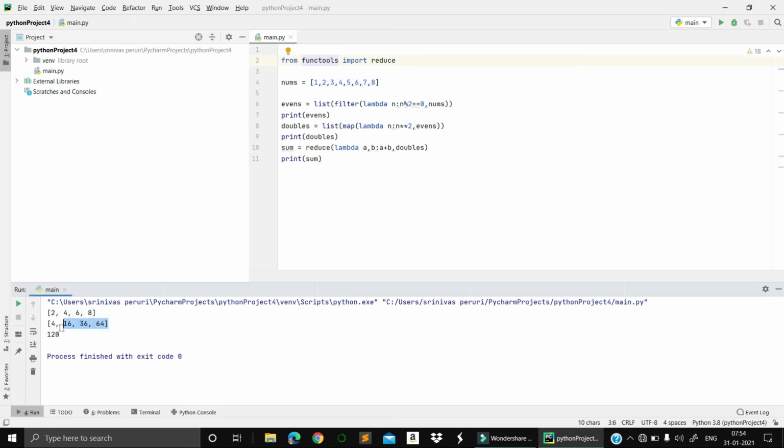This is mapping. It means you can square, you can double, you can power the numbers with the help of a mapping function. It means from that to this one mapping. It means 1 to 1 mapping, like sets, how we were mapping. In the same case, the even number mapping should be happening here itself. If you want to write that one, we have so much code, right? We need to write 4 to 5 lines of code. To reduce this into a single line, we are going with a lambda function.